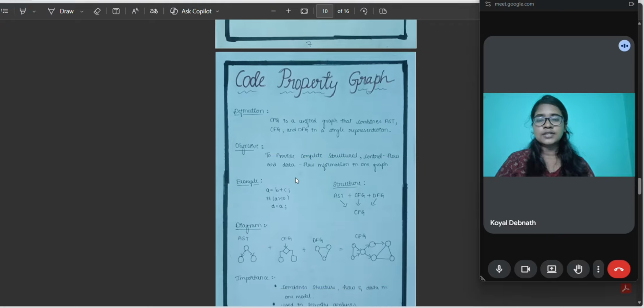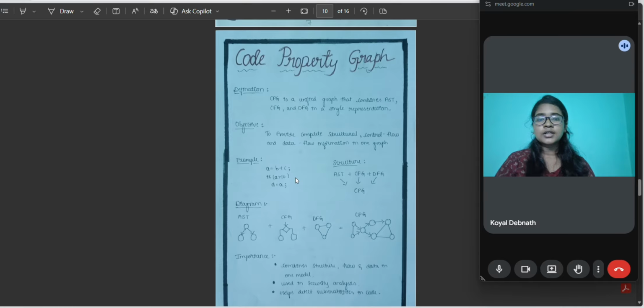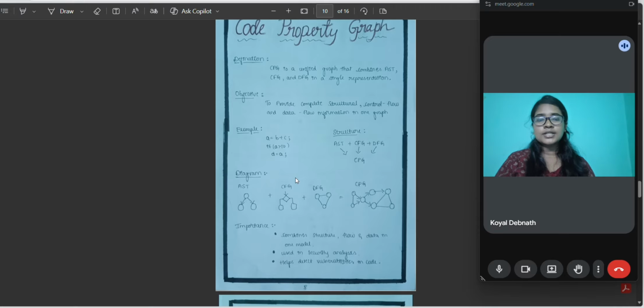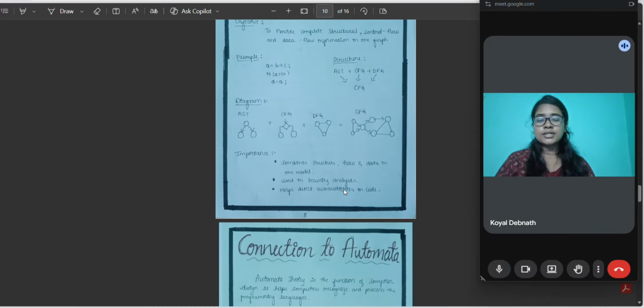Next, the last phase is the code property graph. It is a unified graph that combines AST, CFG and DFG in a single representation. The main objective is to capture structural, control flow and data flow information in one graph. Here are the AST, CFG and DFG graphs. They combine to generate the CPG graph. The main importance is to combine structure, flow and data in one model, and it is used for security analysis, helping detect